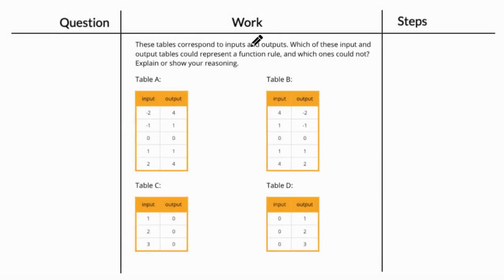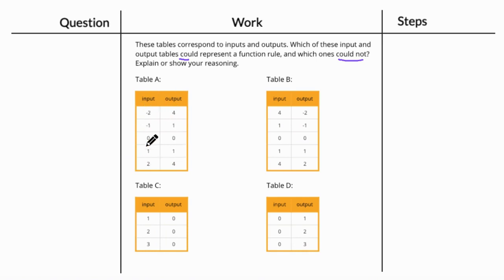So these tables correspond to inputs and outputs. Which of these input and output tables could represent a function and which ones could not? And we need to explain. So when I see an input and output table, what I'm really looking for here is repeating